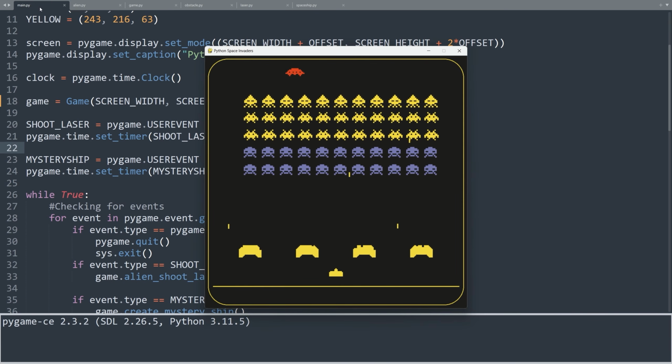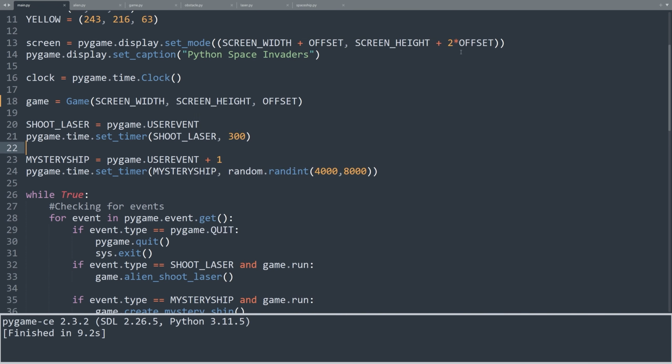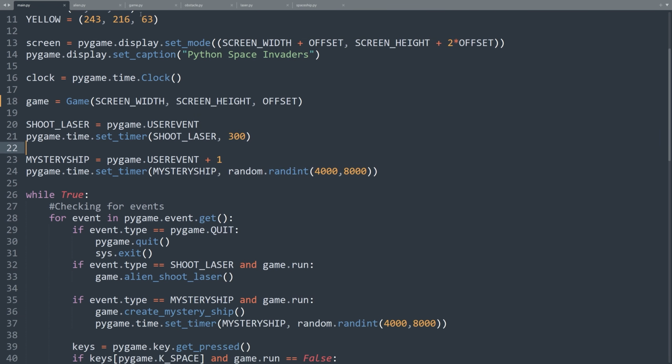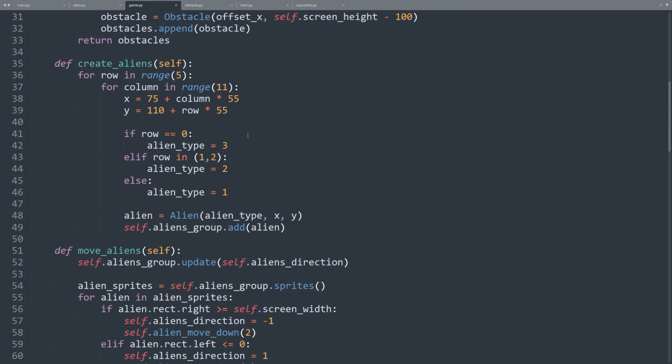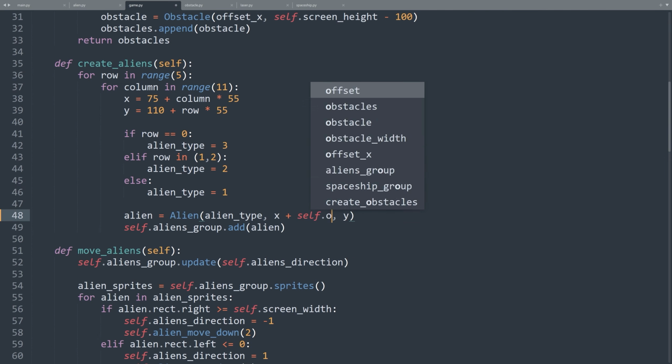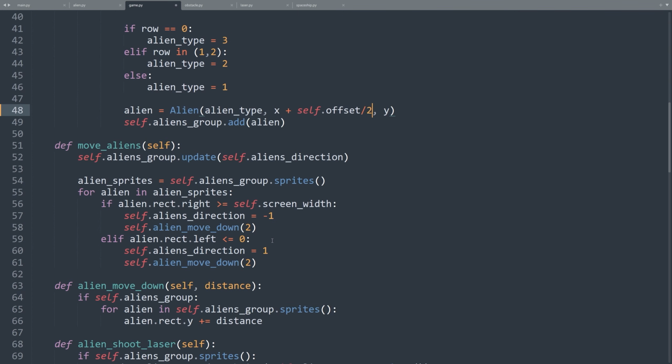Let's now work with the aliens. I know it is getting tedious, but hang on there. We are almost ready. In the create aliens method, let's add the offset here. Plus self.offset over 2. Now we also need to modify the move aliens method. Here, if alien.rect.right greater than or equal to self.screen_width plus self.offset over 2.